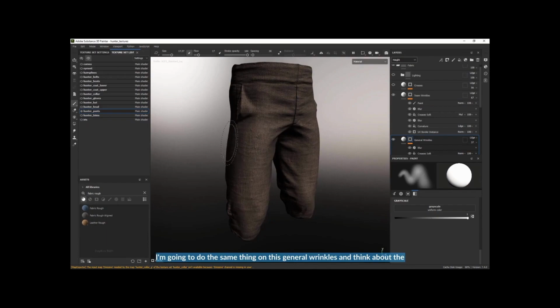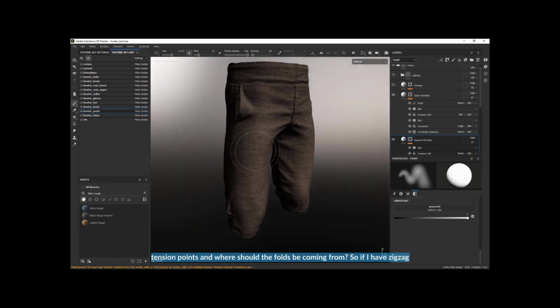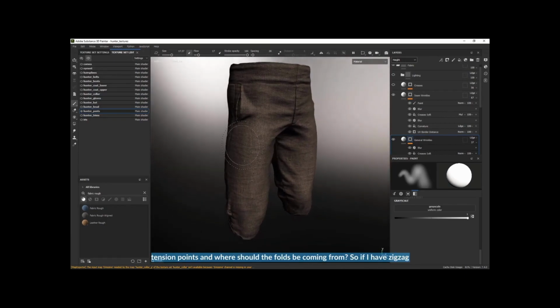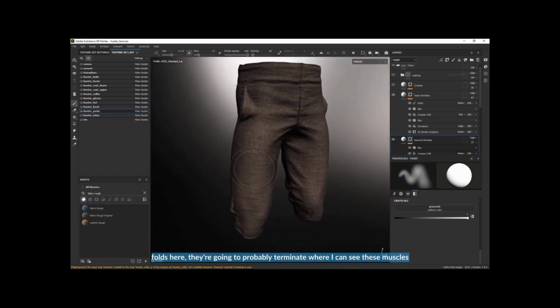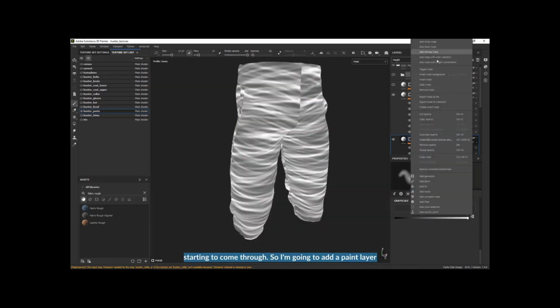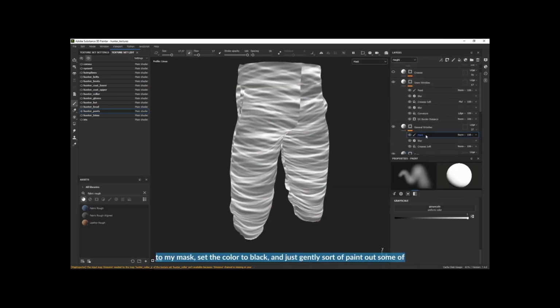I'm going to do the same thing on these general wrinkles, and think about the same way I would think about creating wrinkles in ZBrush. Where are my tension points, and where should the folds be coming from? So if I have zigzag folds here, they're going to probably terminate where I can see these muscles starting to come through. So I'm going to add a paint layer to my mask,